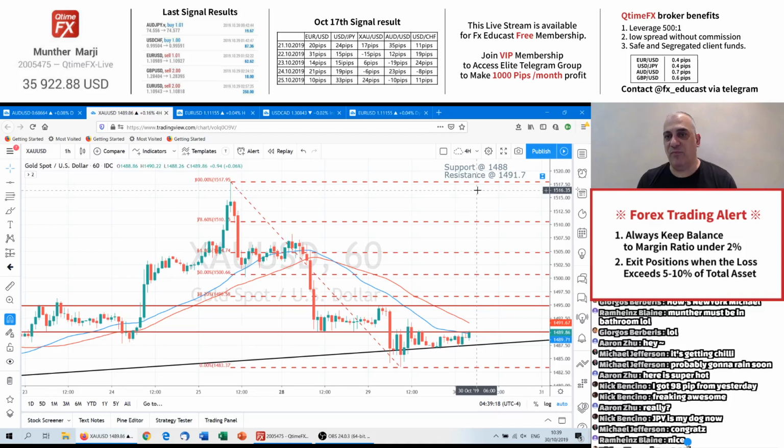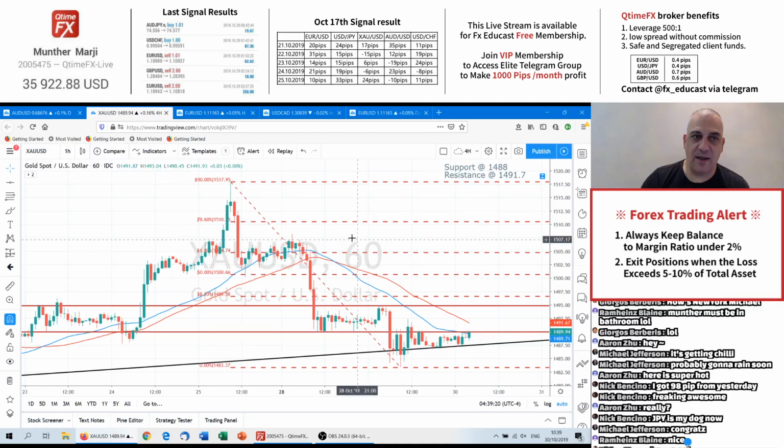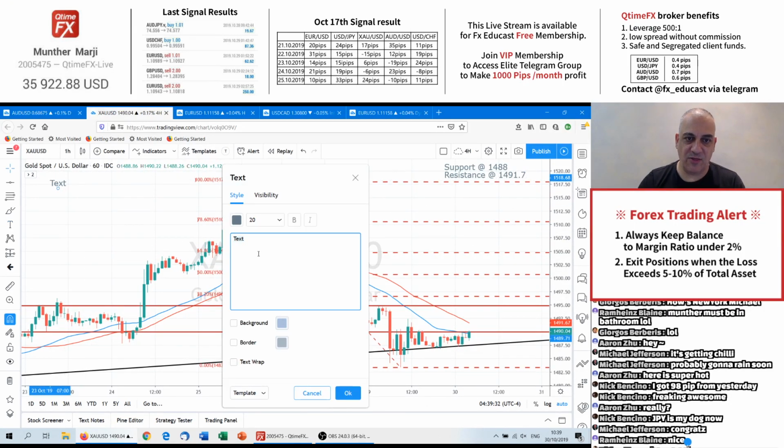Let me write that on the chart for you. I'm going to keep these texts on the chart until tomorrow so you can see what happens to these recommendations. Support is 1488, 15 pips below that. That's my sell at